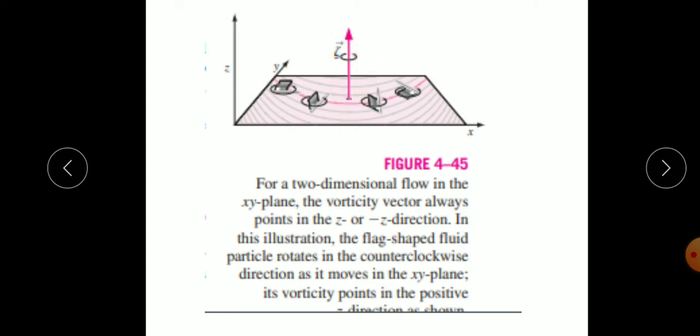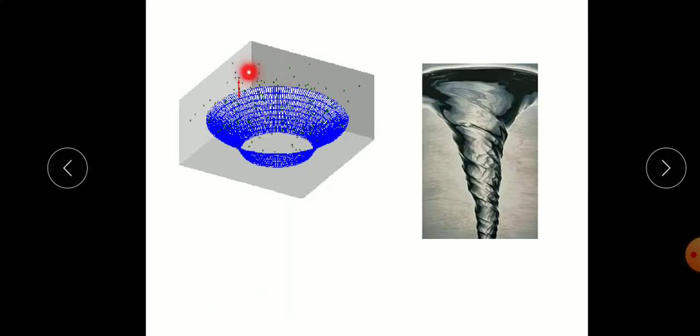The vorticity vector points perpendicular to both axes. This is how vortices are created in the fluid. In this diagram we can see the vortex flow. The flow rotates about the axis perpendicular to this motion, and this example shows the vortices created in the flow. As the fluid moves to a smaller inner radius, its velocity increases. So vortices mean the fluid is rotational, and if vortices are not there, the flow is irrotational.